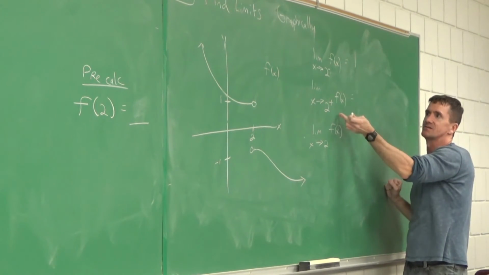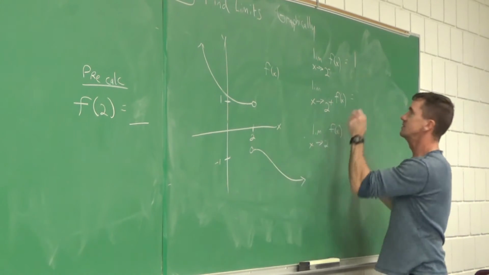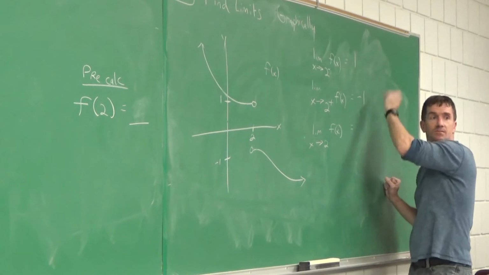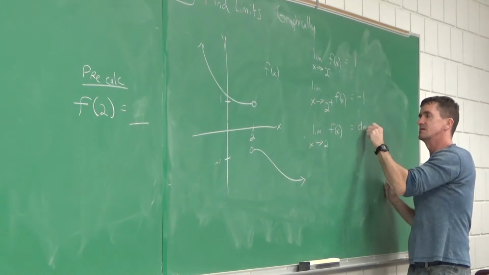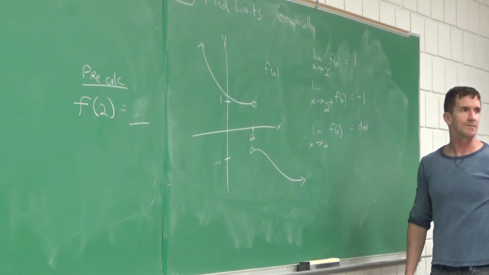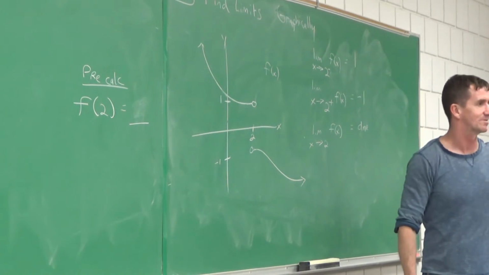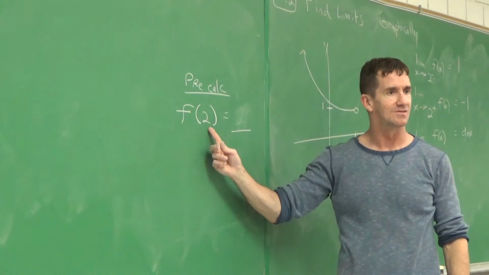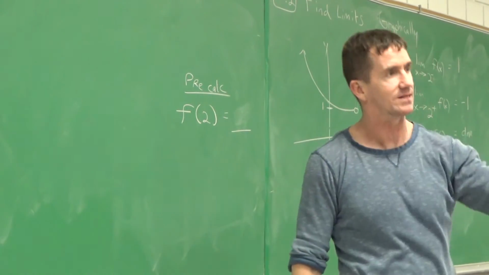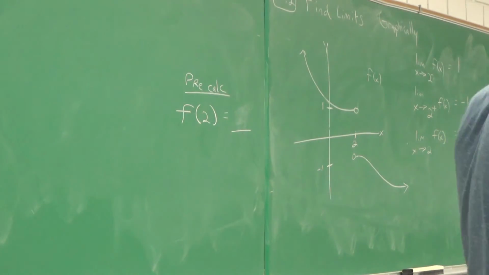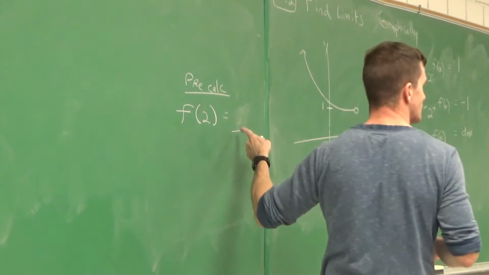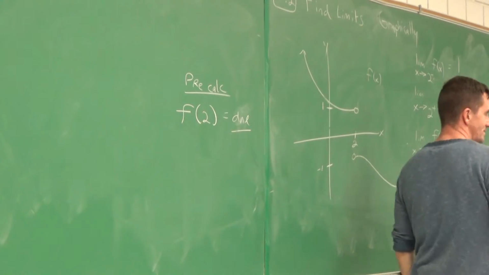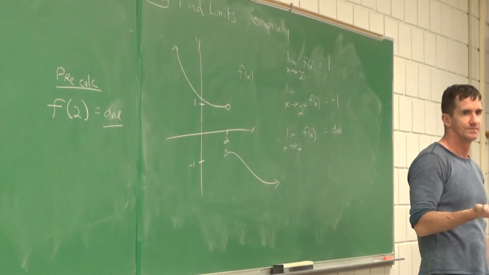What's this answer right here? Right? -1. These don't equal. What do y'all think? They're not equal. Does not exist. I guess we're getting all the same answers. Well, except for his question. Come on over here. What's f of 2? Now that means what's going on at exactly x equal to 2, what's the function value? I see 2 holes. So what do I put here? There you go. Undefined, does not exist. Right? Is that cool? Awesome.